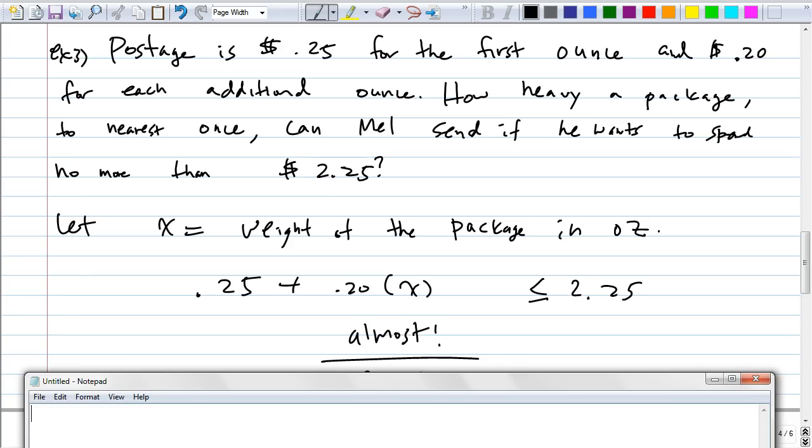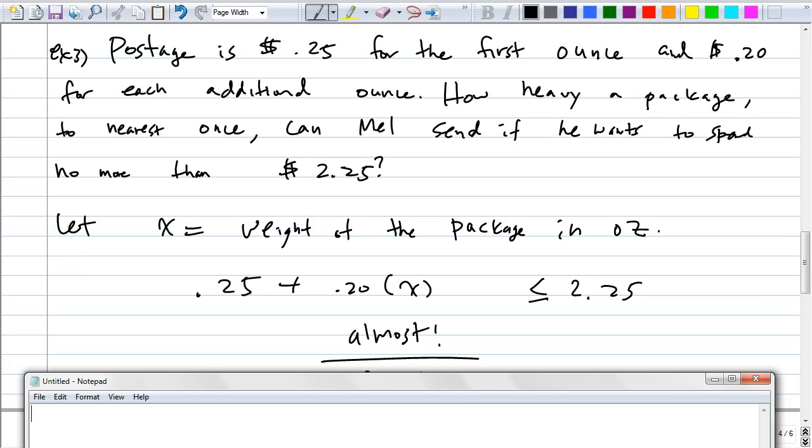Guys, listen. If I'm sending a 1 ounce package, how much do I pay? The problem says it's 25 cents, right? But when you plug into this inequality, how much do you end up paying here? 45 cents, is that right? No. See? What about for 2 pounds? Does it work? No, it does not. With 2 pounds you'll be spending, instead of 45 cents, 65 cents according to this